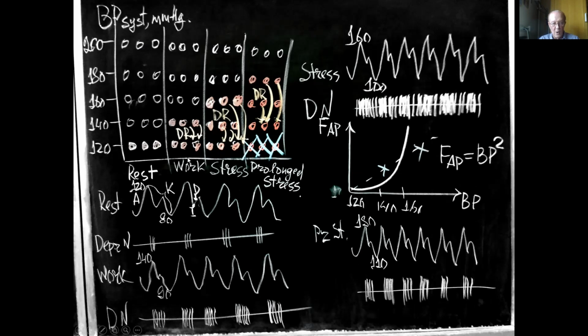At the physical work, the more the load, the more baroreceptors are excited, and we see what we will register at the depressor nerve. This is the work. The pressure becomes 140 and 90 millimeters of mercury, and we see more action potentials. What are these sticks? These are the nerve impulses or action potentials.